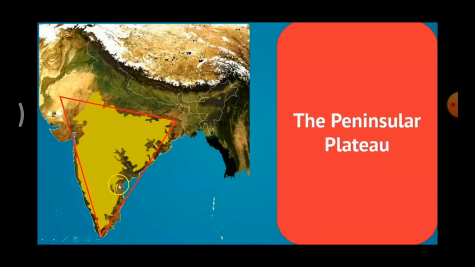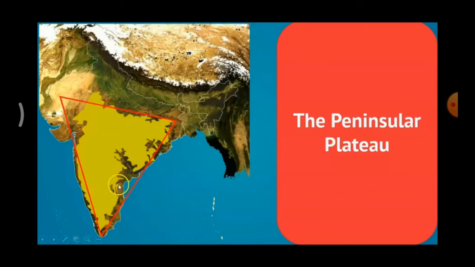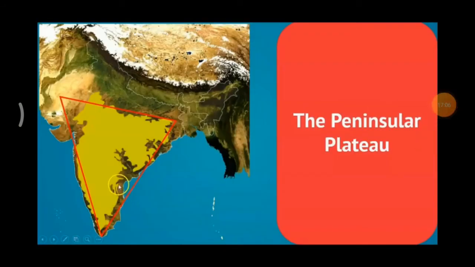The river Narmada divides the plateau region of India broadly into two parts. The region lying to the north of the Narmada river is called Central Highland and the south part is called Deccan Plateau. Narmada and Tapti are the two rivers. The Narmada river is located in the Vindhya hills and the Tapti river is located in the Satpura hills.